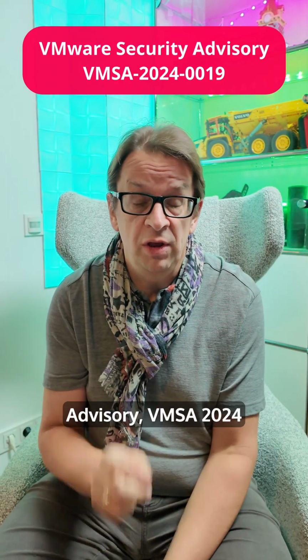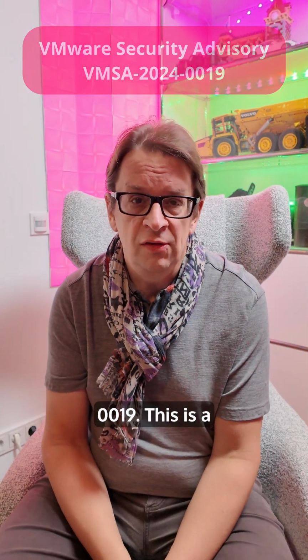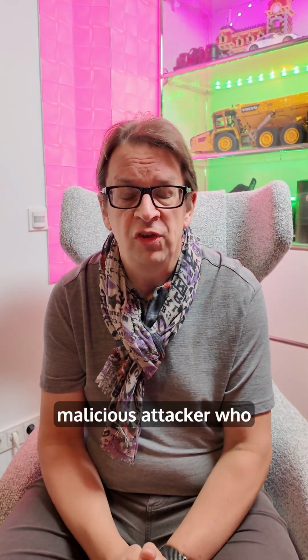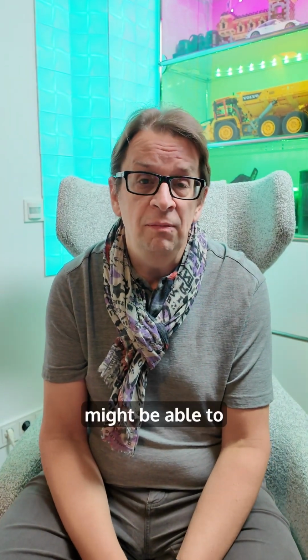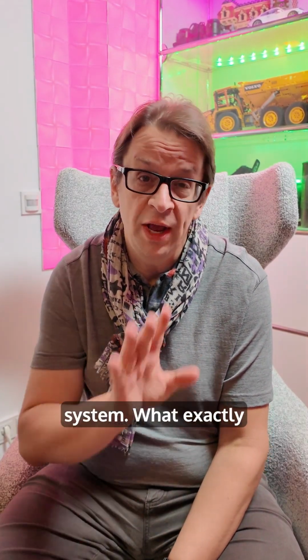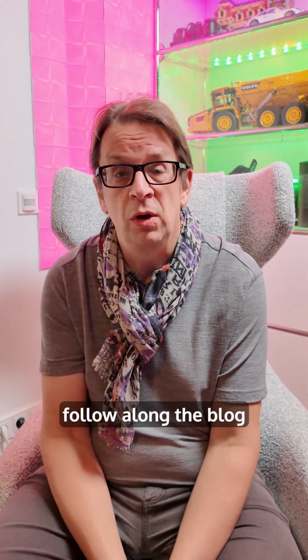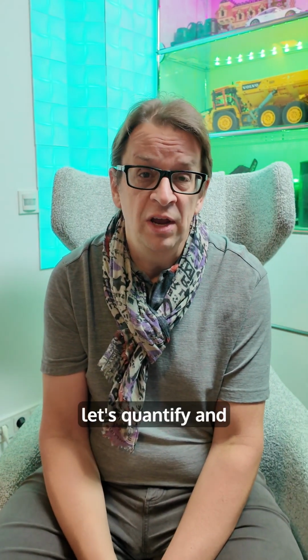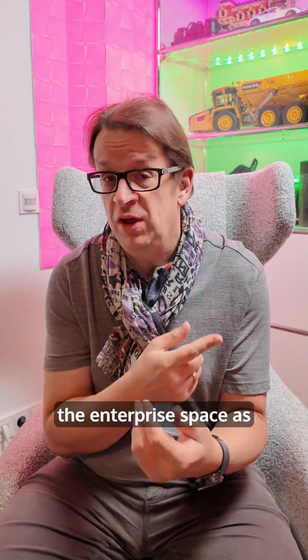VMware Security Advisory VMSA-2024-0019. This is a critical one because a malicious attacker who has access to your vCenter server over the network might be able to actually get escalated privileges on the system. What exactly that means is not necessarily 100% clear out of the documentation provided by VMware, even if you follow along the blog post. Nevertheless, let's quantify and qualify how this affects customers in the enterprise space as well as